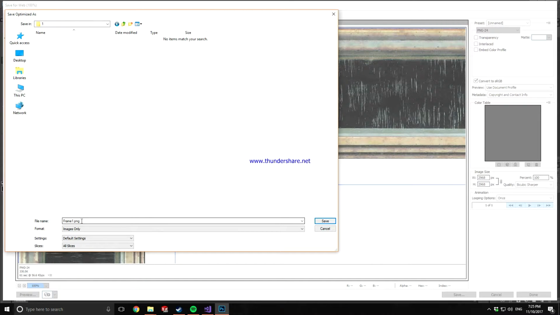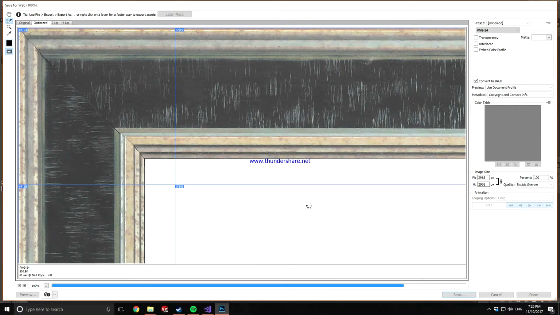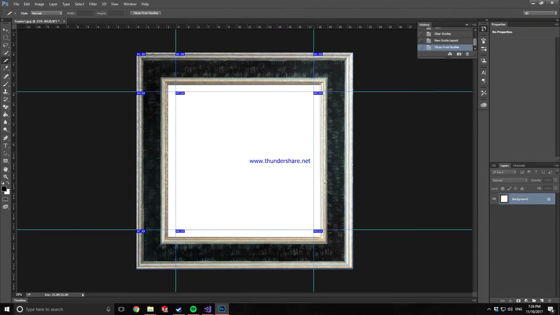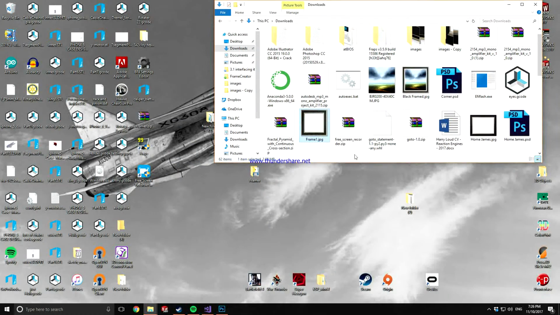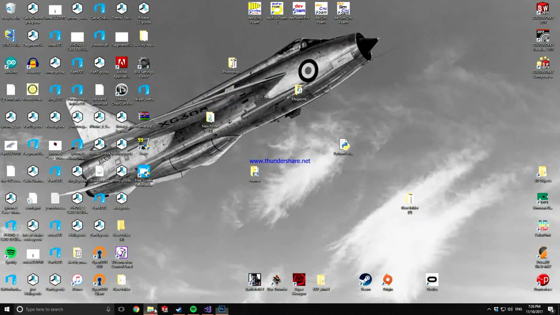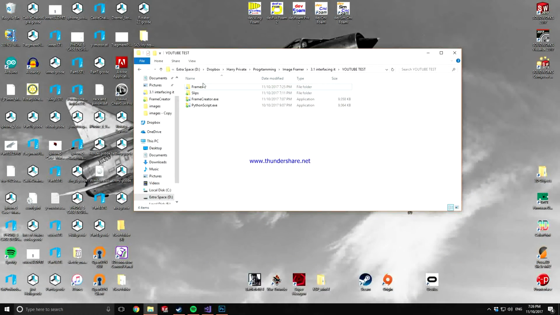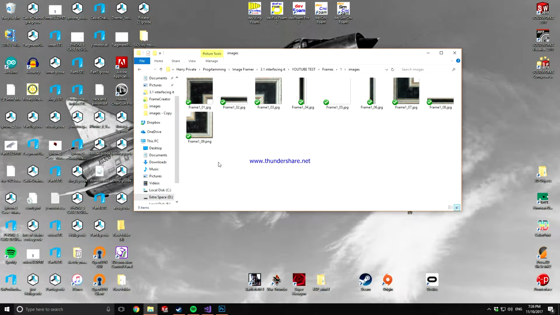Now, simply what we want to do is just press Save. Now it's going to run and do its thing. But now if we close Photoshop, here's our installation folder again. We go to Frames, 1, and Images. Okay, it shouldn't be images like that, but what you want to do now is grab all these images